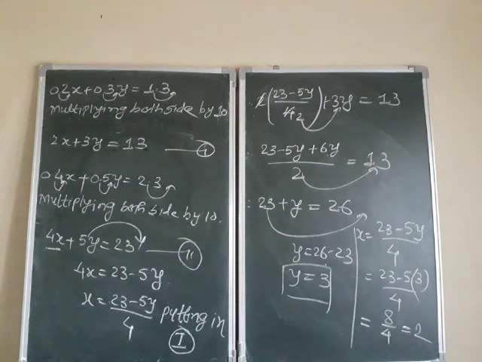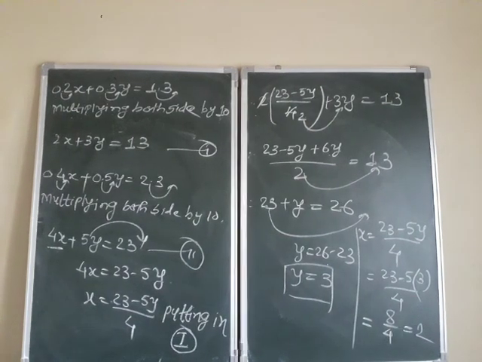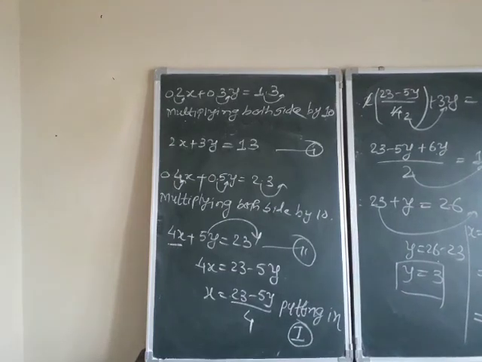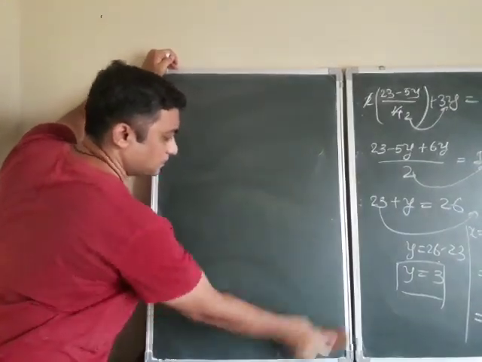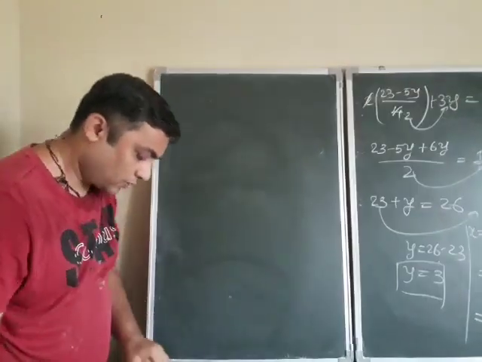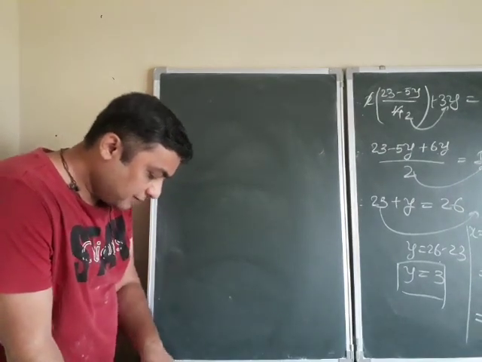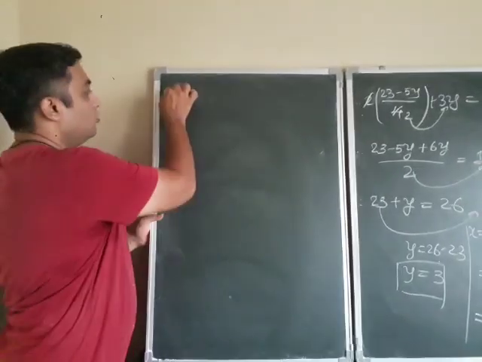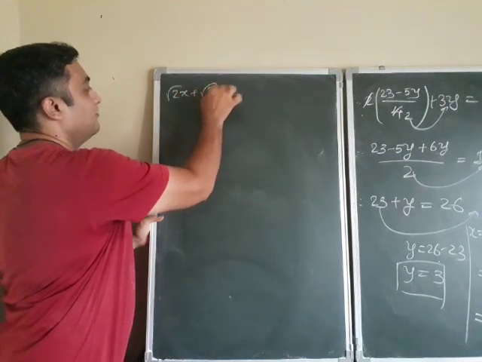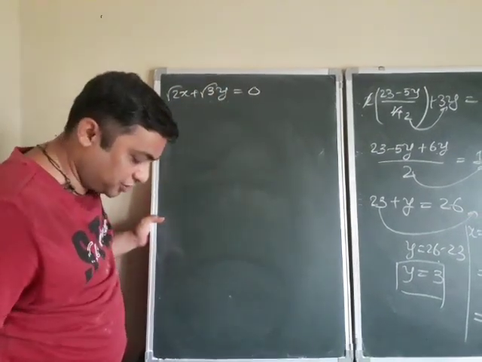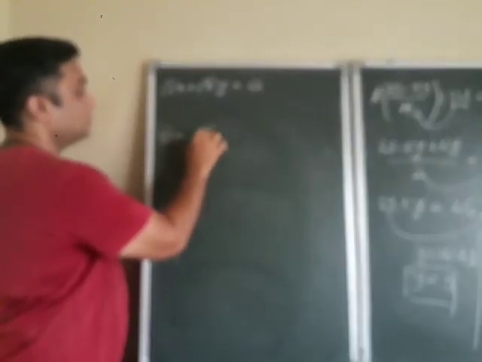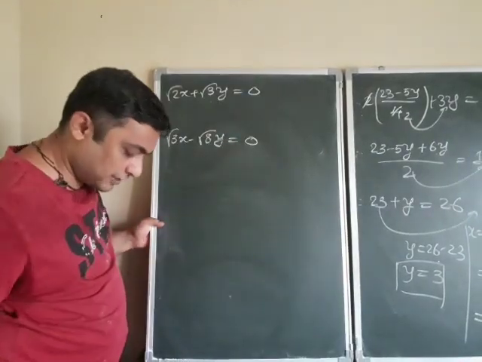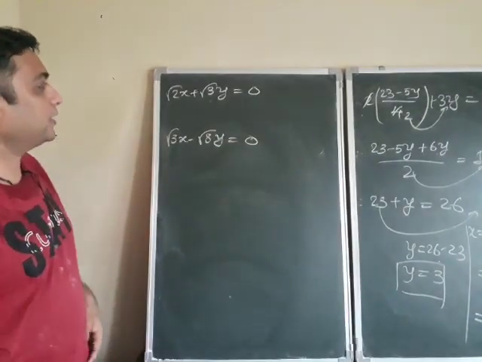चलिए ready for next. Okay. So see the next. Root 2x plus root 3y is equal to 0. First equation. And second equation, root 3x minus root 8y is equal to 0. Find out the solutions. Fine.